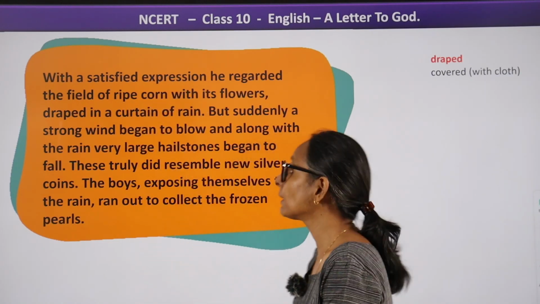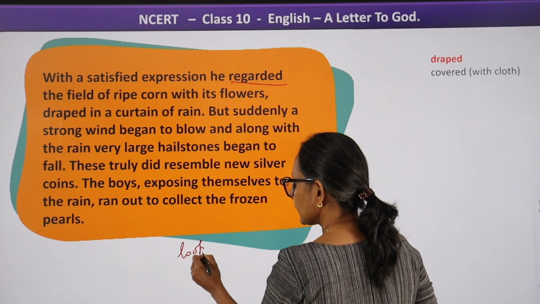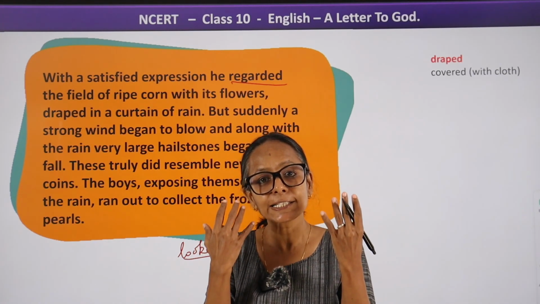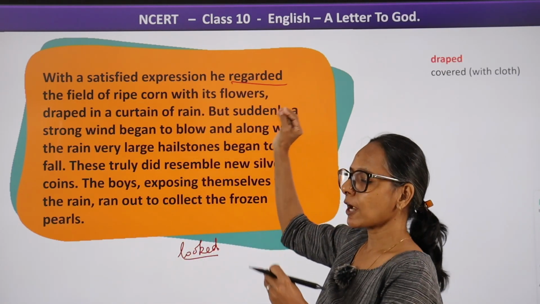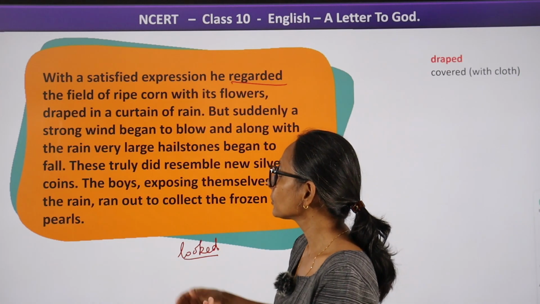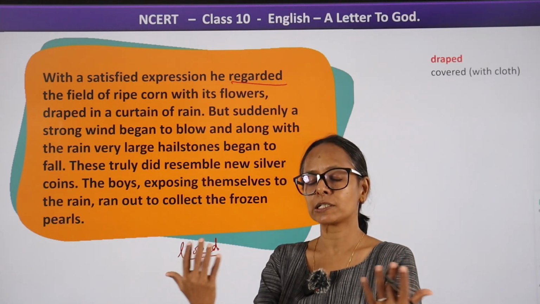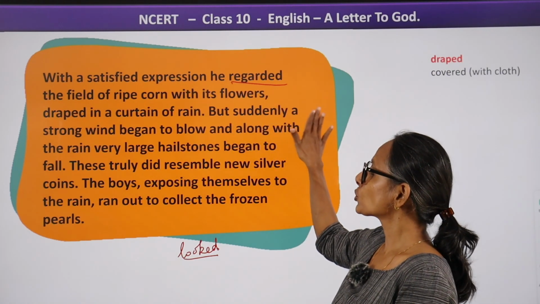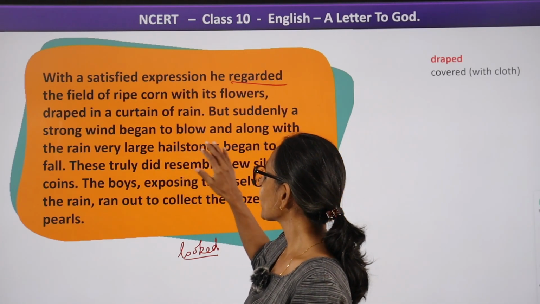What does that mean here? Regarded, looked. Here in this context, it means he is looking with that satisfied, contented expression on his face. He is looking at his field of ripe corn with its flowers. So the corn with its flowers is there, and he is very happy and contented. He is looking at it, draped in a curtain of rain. Here the field is draped in a curtain of rain, covered in a curtain of rain, because raindrops have started falling, right? But suddenly, a strong wind began to blow, and along with the rain, very large hailstones began